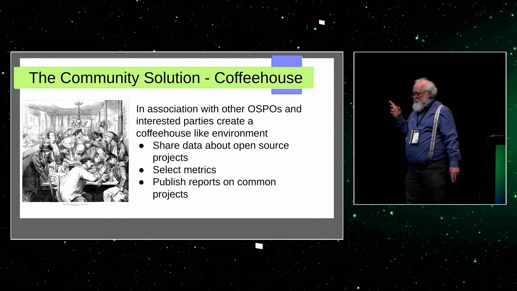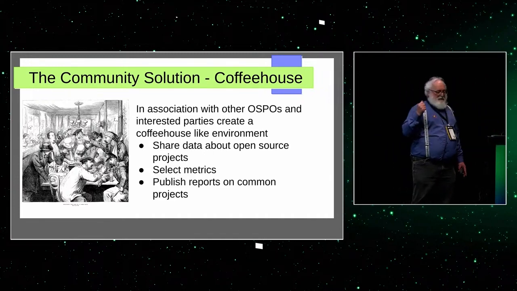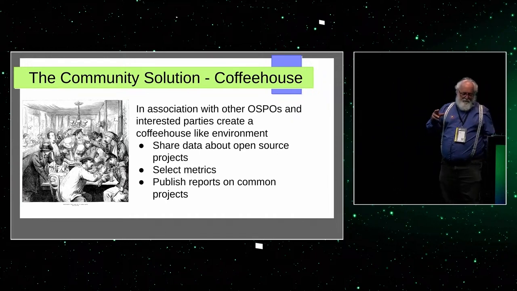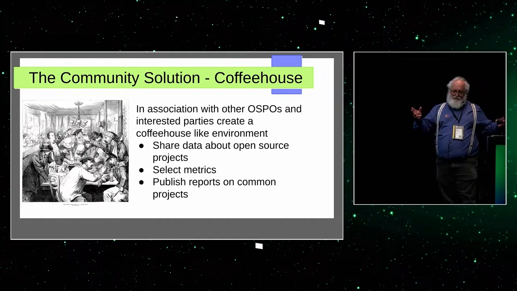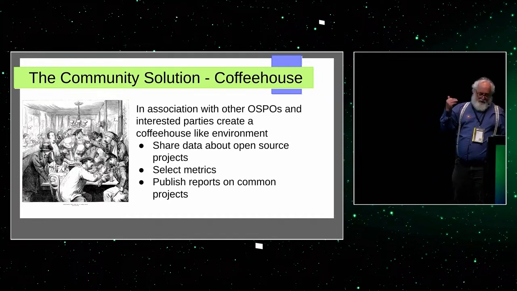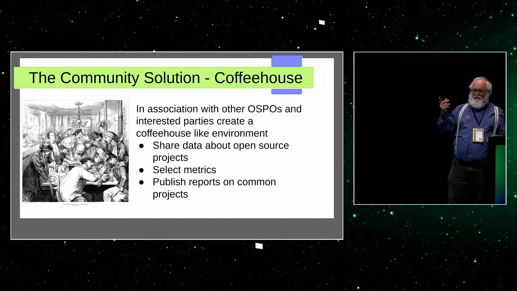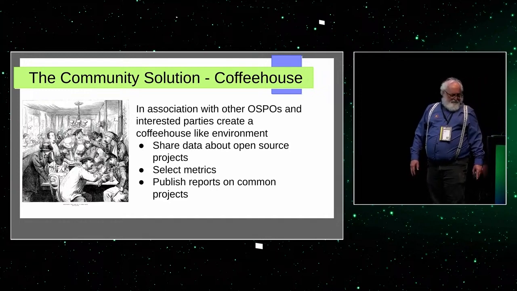And finally, you can publish reports on common projects. So if inner source projects could come together and publish their reports, these would be things like the Endor Labs State of Dependency Management or the Xata GitHub 2020 Insight Report, which are 2 examples of reports like this. All right, so in closing,